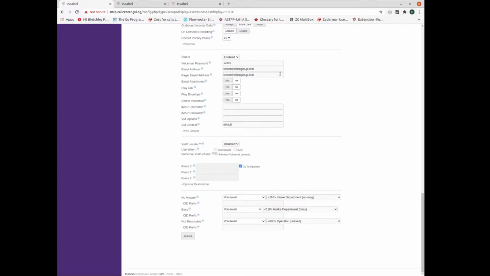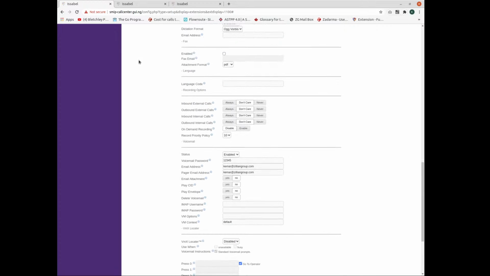If none of those work, like my phone didn't ring, so it's not a no answer, and the phone is not busy, meaning the phone is completely unavailable, or I'm signed out of the extension, or whatever the case may be, that it cannot be reached, then it will go to the third one. But there's also the scenario where you're in an area where you want to make sure there's no way the voicemail does not get reached. Once you enable it here,